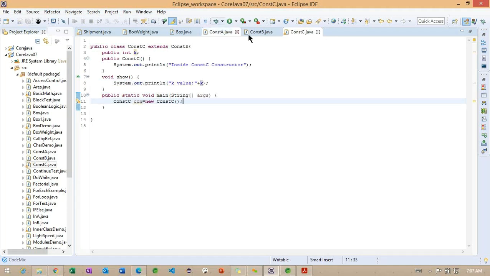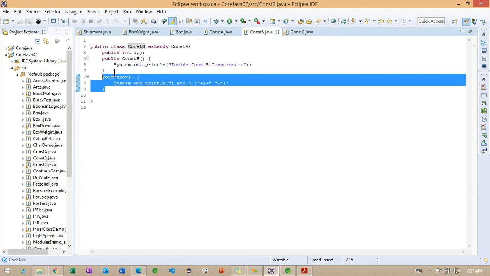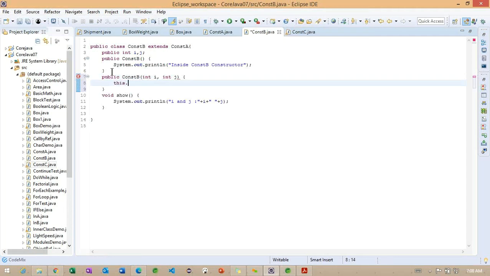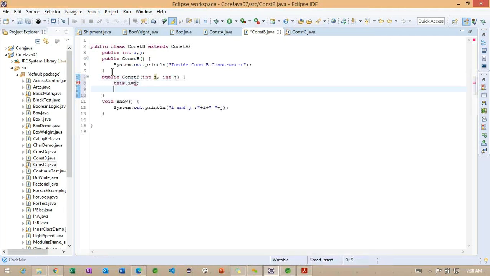Now, if you observe carefully, inside this particular constructor, I'm going to create one more constructor here, with this.j equals j. Right. Now, with the same constructor, what am I going to do?